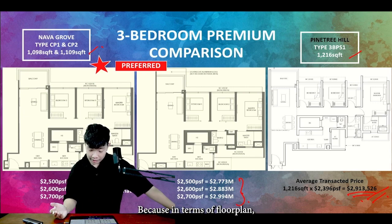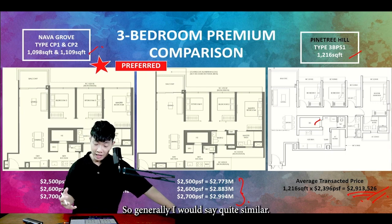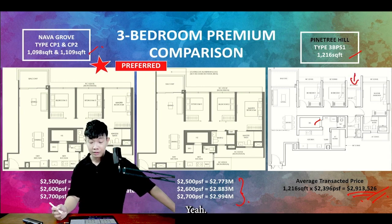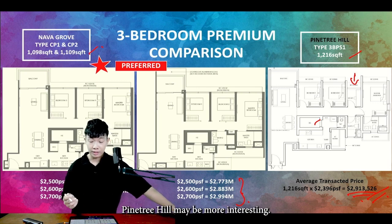Because in terms of floor plan, well, Pinetree Hill, you have a home shelter. They don't have a dry kitchen for Pinetree Hill, but the kitchen is of a very, very good size. Then they have a yard. WC is also given. Yeah, so generally I would say quite similar, just that Pinetree Hill, there's an additional study over here. Yeah, of course, if that is important to you, Pinetree Hill may be more interesting, but the